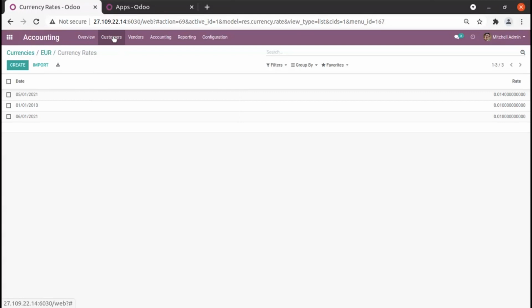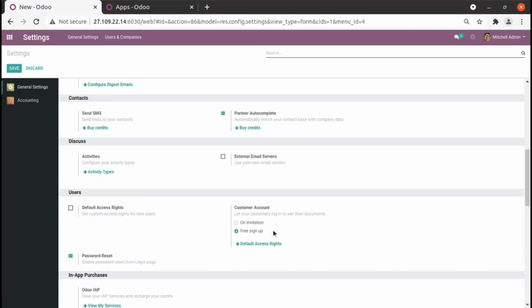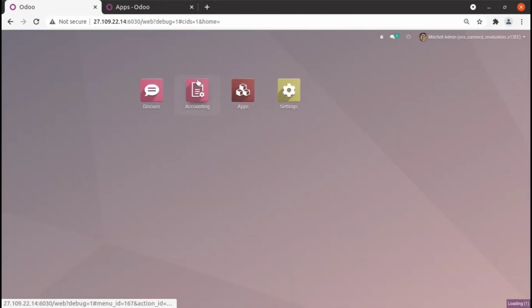Once this is done, what we need to do is we need to go to our settings. Once we are in settings, we are going to activate our developer mode. Once we have activated developer mode, let me first show you those entries.